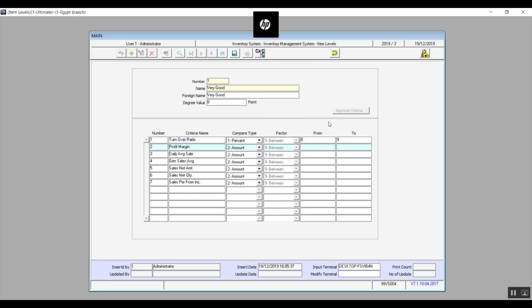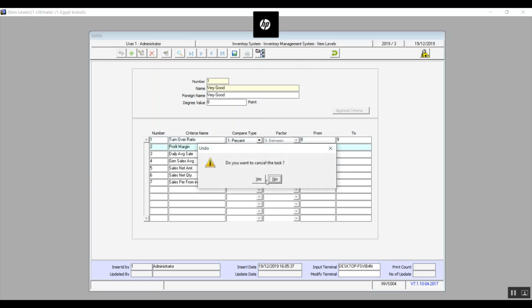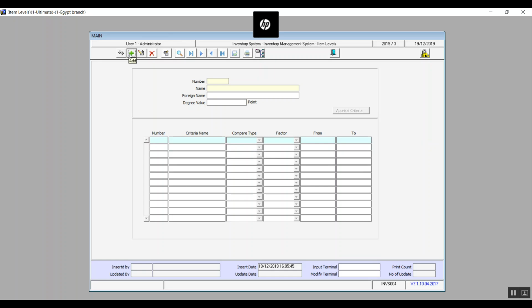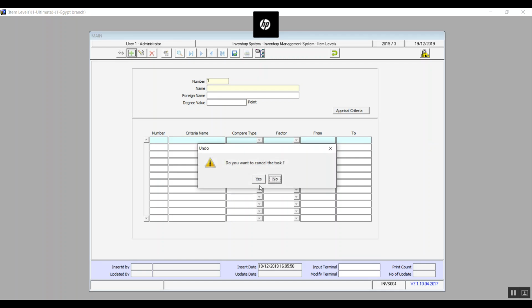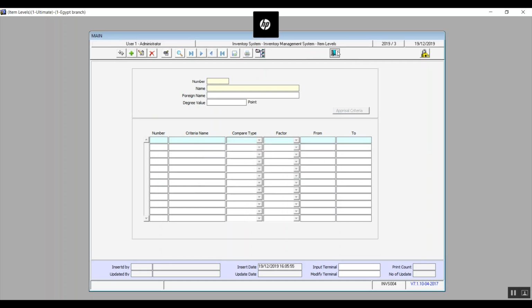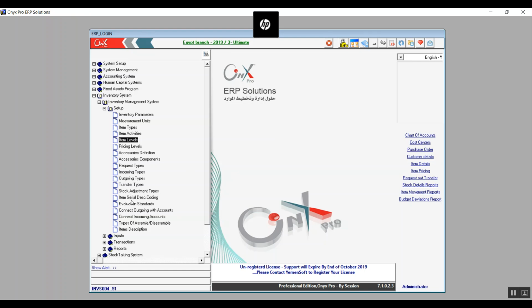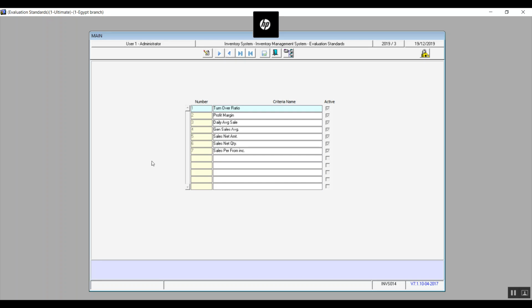Side note, the appraisal criteria can be modified from the evaluation standards screen in case you use different standards for the evaluation. Let's see if we can bring up the screen right now actually, so that you guys would take a look on it. Alright, so we'll click on modify, and from the checkboxes on the right, you can hide any criteria you're not using by unchecking the active box. You can even change the name of the criteria, but by the way, you will not be able to add any new fields in the screen. You'll need to work with the existing ones.